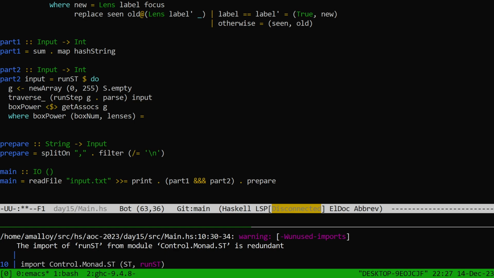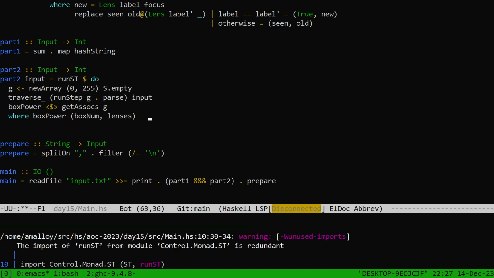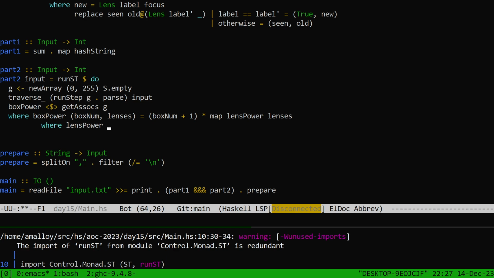Multiply together, so let's just write product of box num plus 1. Well, okay, I'm just multiplying two things, I guess. Box num plus 1 times map lens power of box, actually box num can be implied here, over lenses, right? Where lens power of lens, ignore the label, focus is,